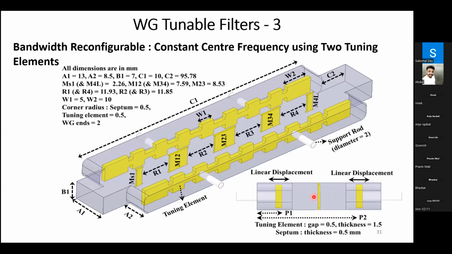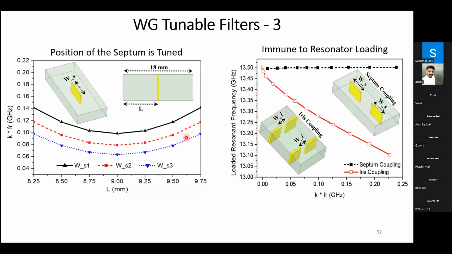As the location of the septum changes, the coupling changes. So the coupling is minimum when the septum is at the center of the waveguide, and the coupling increases as the septum is located at the ends of the waveguide. So with this concept, we propose the bandwidth reconfigurable filter. Basically, we can tune the bandwidth here. And the septum length will give us